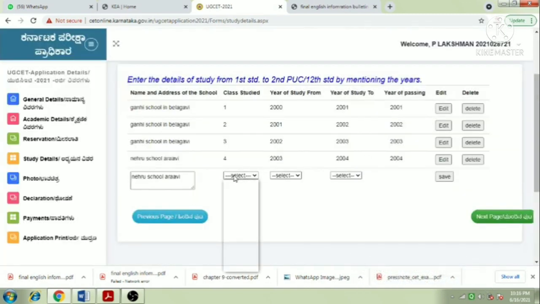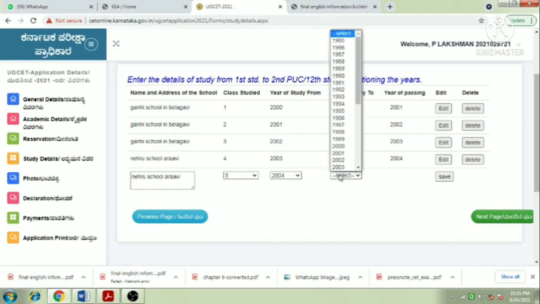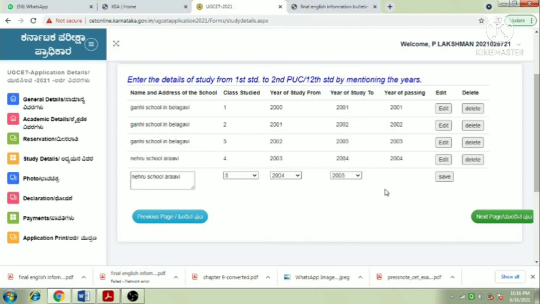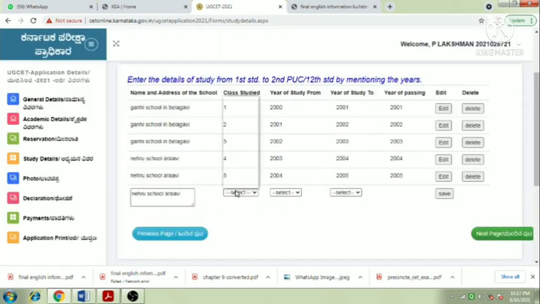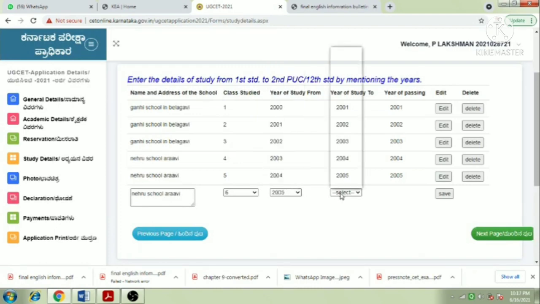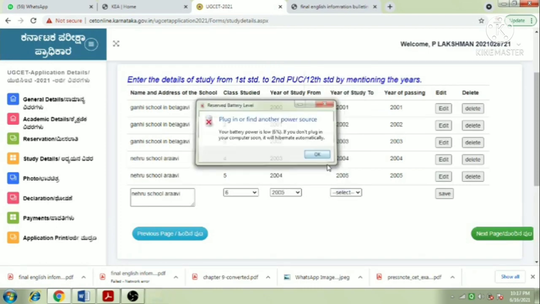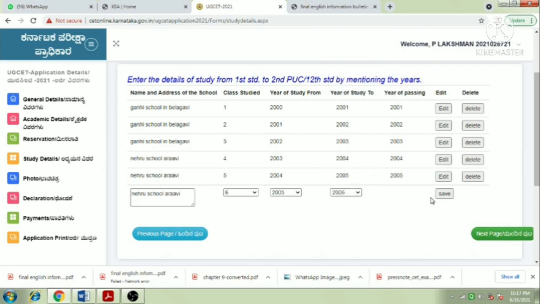Like that, all you have to keep. 5th class, 2004, 2005. Save. Next, 6th class, 2005, 2006.